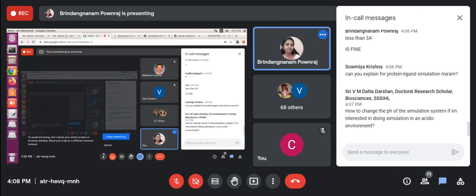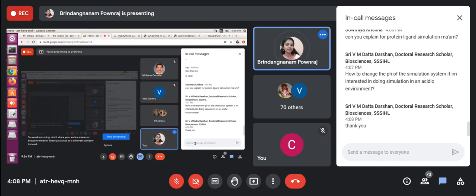I'm not familiar with pH dependent simulation. How many of you are not able to follow homology modeling or AutoDock? If you have any doubt or anything, you can ask.